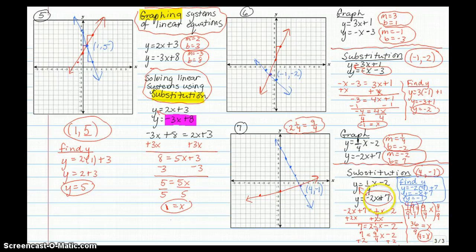For substitution, you're going to substitute negative 2x plus 7 into the y position. Negative 2x plus 7 equals 1/4 x minus 2. You're going to add 2x to both sides, which gives you 7 equals 2 1/4 x minus